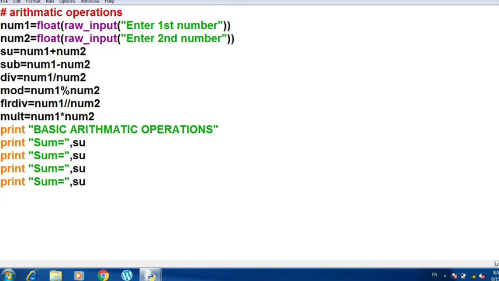Alright, so I will copy this line for printing and I will change the things here. For subtraction I am writing here subtraction and the variable is sub, so that will be concatenated with the output. For division I am writing suppose division only, and from where the output will be taken, from the div variable, because in div only I am dividing the two values. And then for the suppose modulus operator I am going to take the value from the mod, and then for floor division